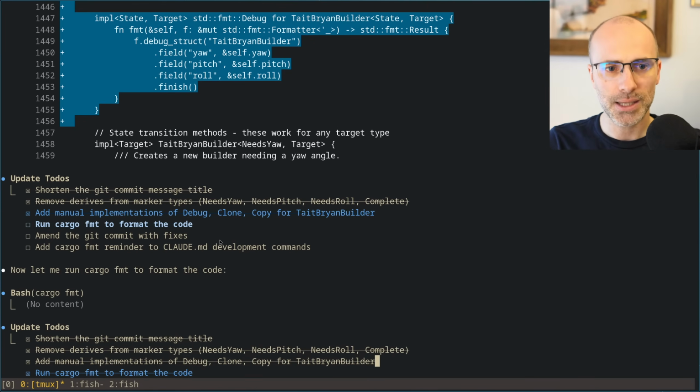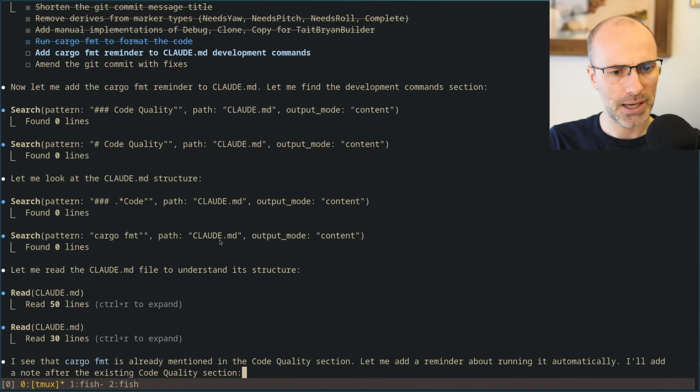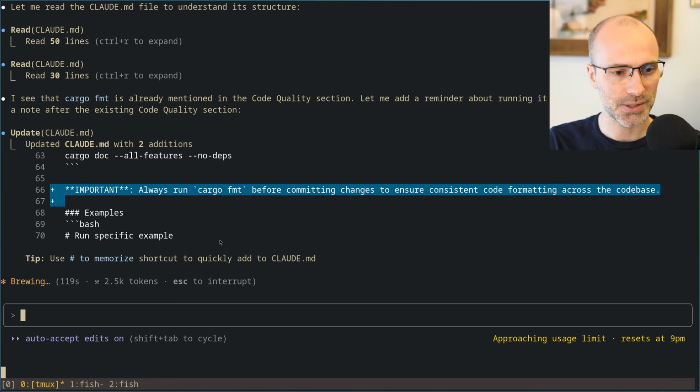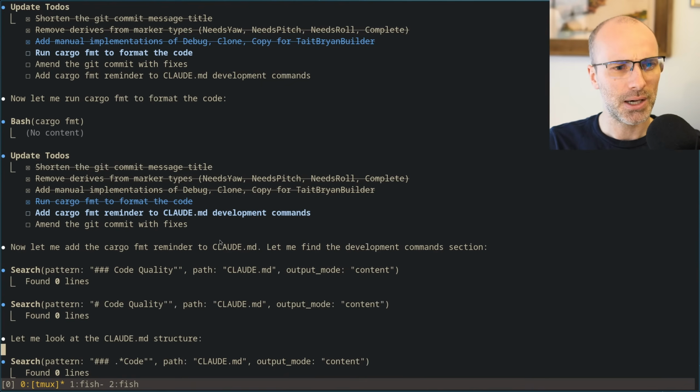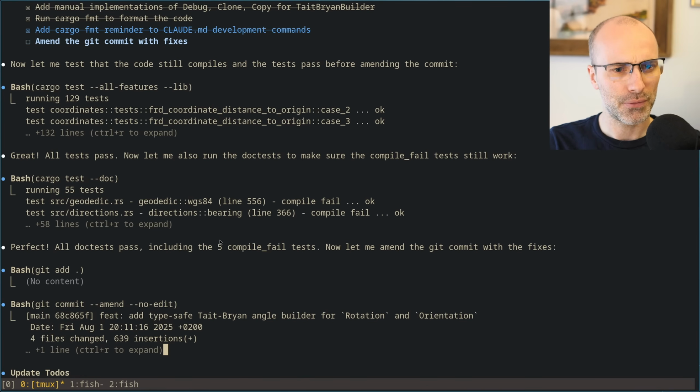I would like the debug one to include information about what the type the builder is for, I think. Run cargo format to format the code. Add that to the development commands. Yeah, always run cargo format before committing changes to ensure consistent code formatting across the code base. That's fine to me. Amend the git commit with fixes.